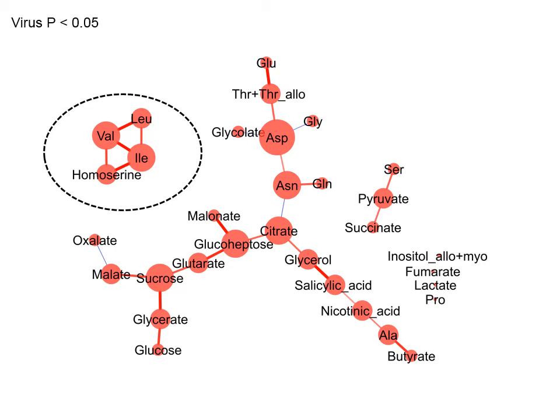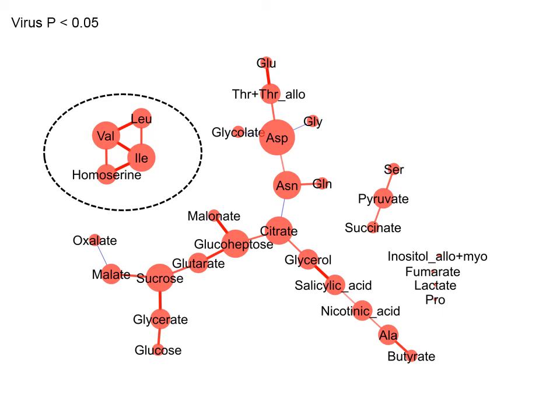We have another module which is pyruvate, serine, and succinate, and we have an interesting module here. They are highly connected to each other: leucine, isoleucine, homoserine, and valine. This subnetwork composed of these 4 metabolites brings our attention. We have made many other analyses, and we are going to investigate deeply. Perhaps